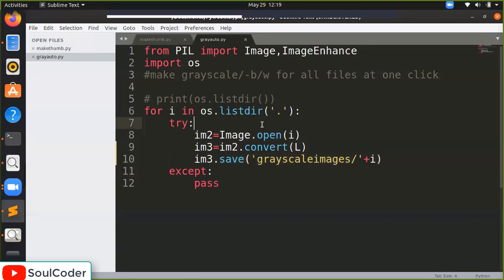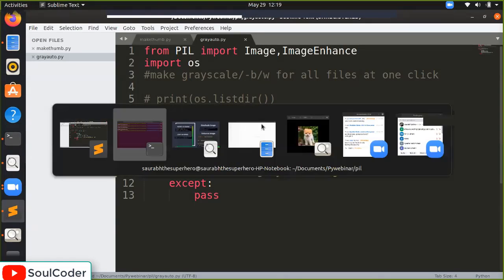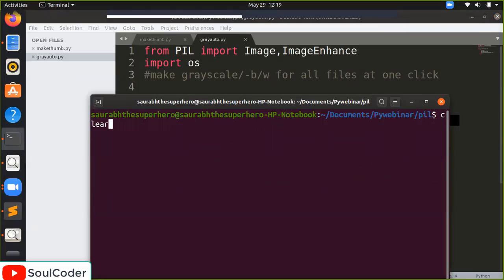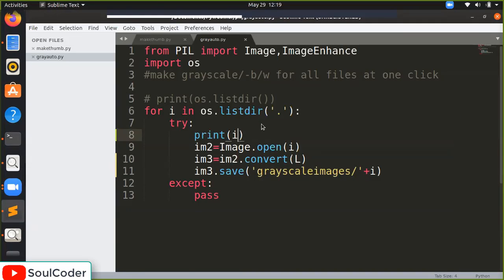Let's see, this time what we can do is try to check whether it is really going into it or not. For example, what is i here? Is it printing or not? So it is inside it. So is it opening or not? Is it running or not?